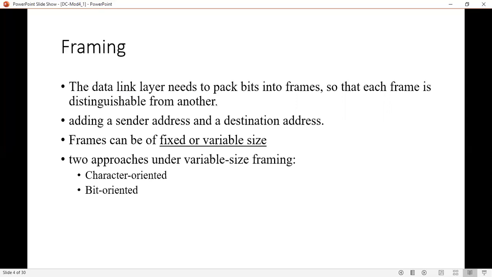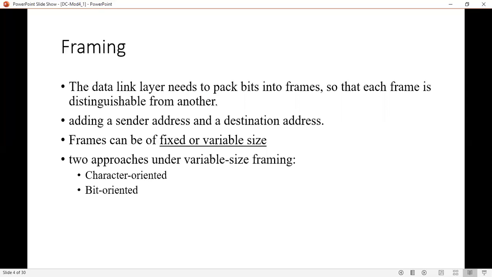In fixed size framing, we need not define the boundaries for the frame. An example is ATM WAN, that is wide area network. But in variable size framing, we have to define the end of one frame and the beginning of the next frame. That is, you have to differentiate between the frames, right? For that purpose, we have to use the start of the frame and end of the frame.